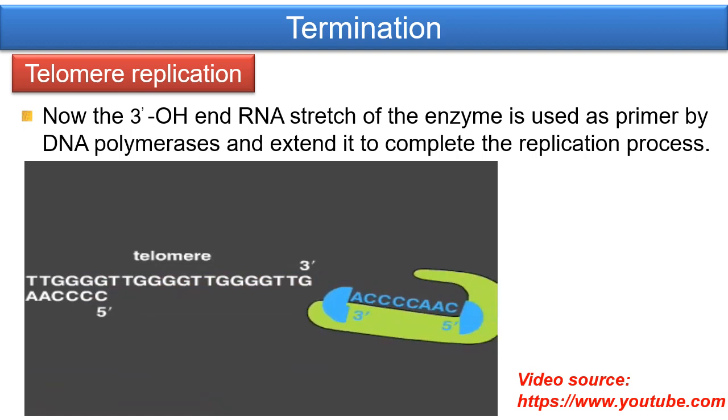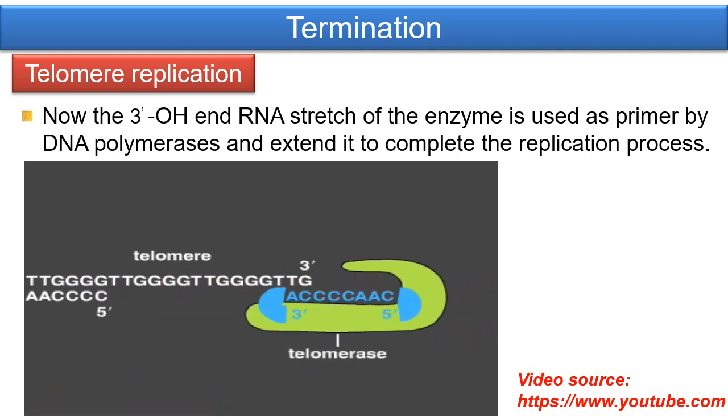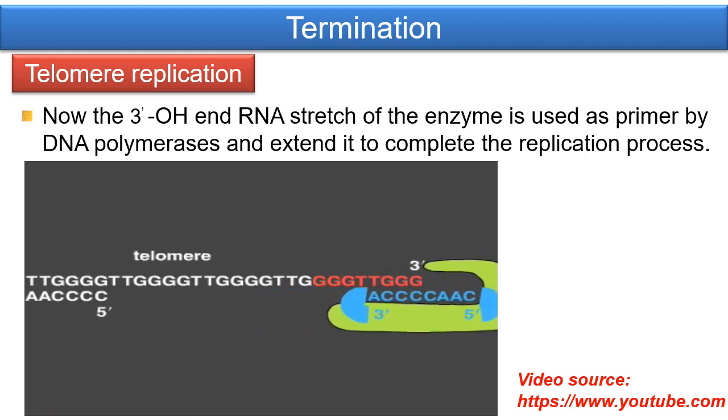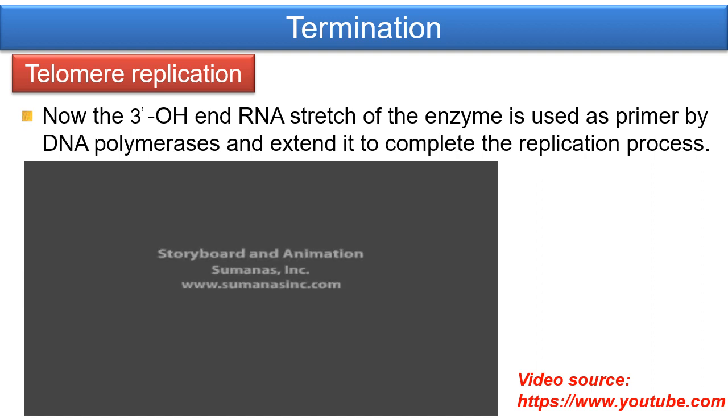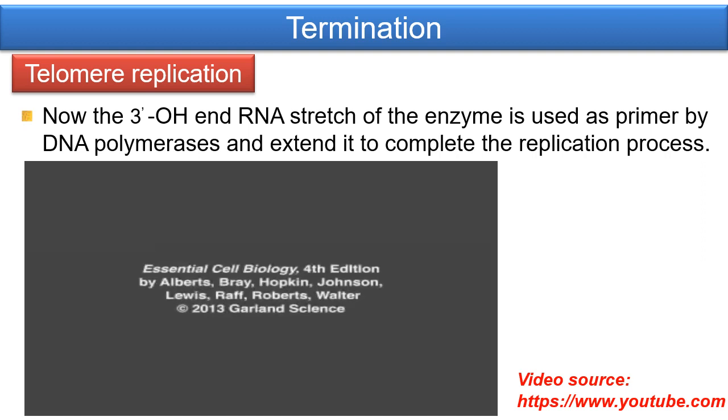telomerase. The telomerase enzyme will bind to the 3' end of the template strands, and this is the RNA template of the telomerase enzyme, with the help of which the parental DNA strands can be extended. Now the telomerase enzyme translocates to another position and continues the process to complete the replication of telomere. Now the OH group of this RNA primer can be used as a primer for the extension of the new polynucleotide chain by the DNA polymerase. Actually, this is not DNA polymerase alpha, it is DNA polymerase epsilon and delta, for leading strands and lagging strands.